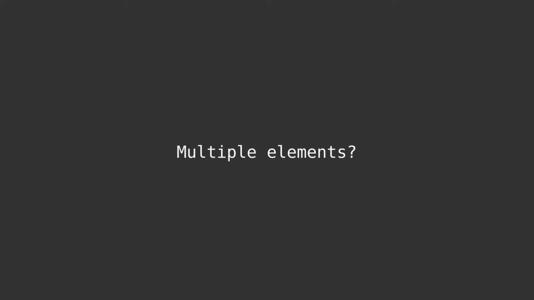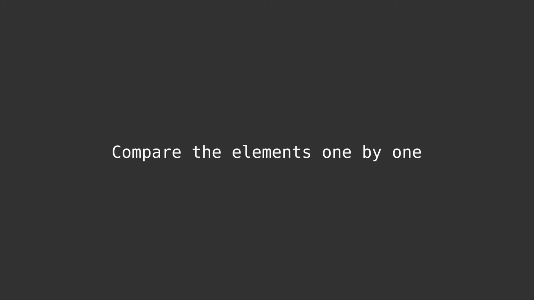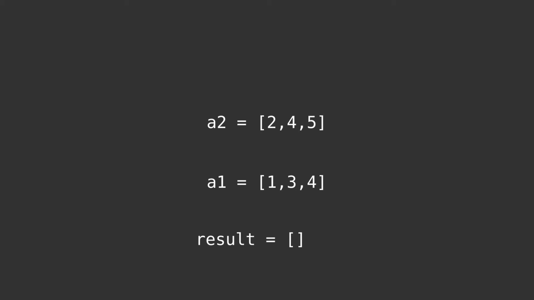Easy. But what if the sorted array had many elements? You can still use the same logic, but this time compare the elements one by one. Assume that we have two sorted arrays A1 and A2. We look at the first element from both arrays. Suppose the element from A1 was smaller, then we add it to our combined array and then we point to the second element in A1. Now we compare the second element of A1 with the first element of A2. We repeat these steps until we have completely iterated over an array. Then we just append the remaining elements to the combined array. And this is how we combine two sorted arrays.